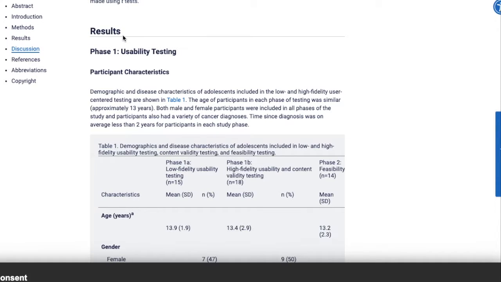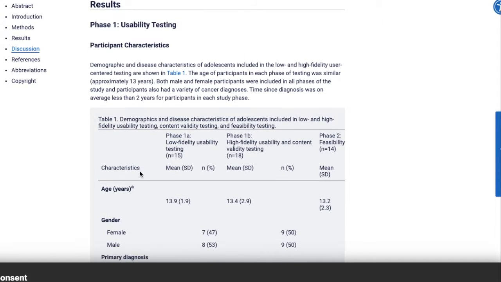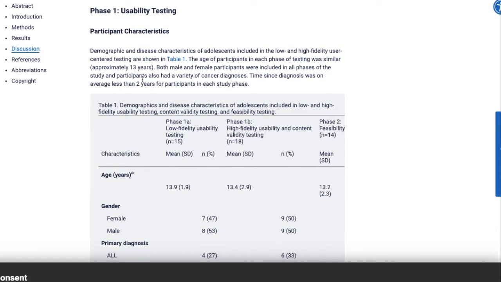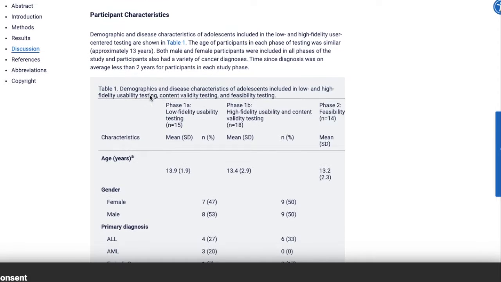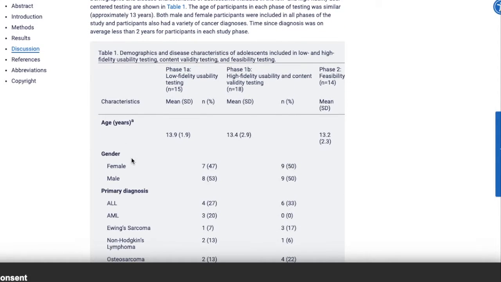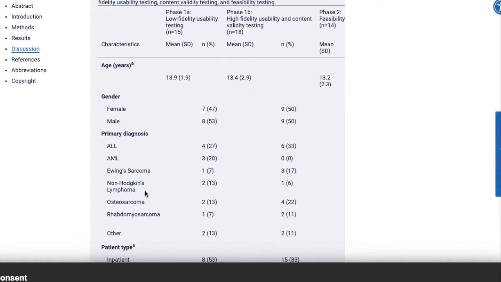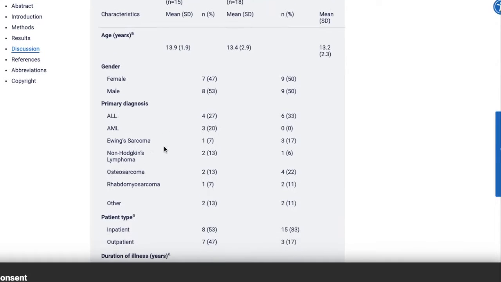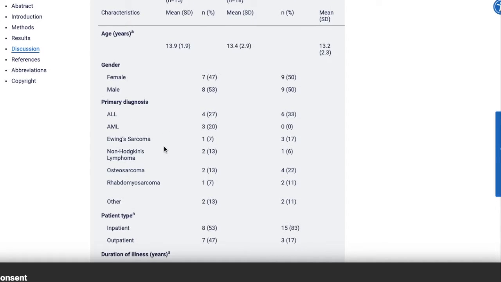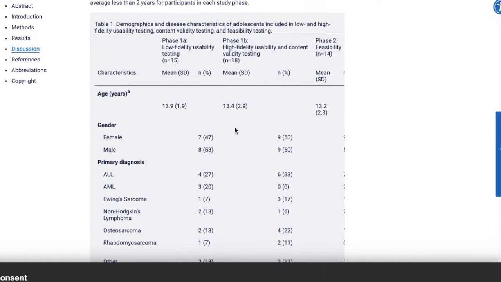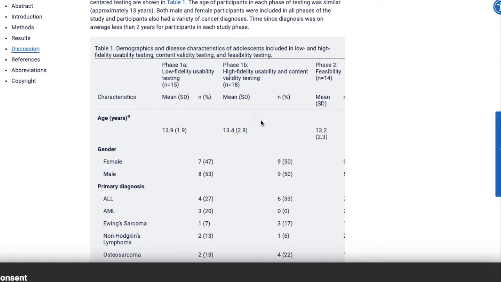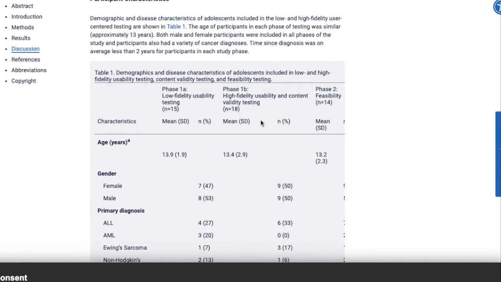Sometimes results can be more interesting if you provide some information related to the participants, as these authors did. They reported who the participants were, whether they were female or male. This is only descriptive information to communicate the general data of the participants. Some of you did it in the method part. It can also be included in the method part, but if you decide to bring this information to the results section, you can bring it too.